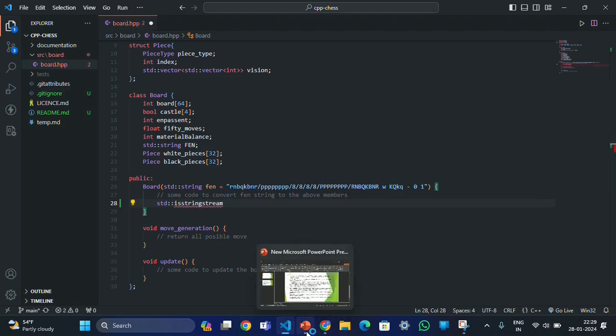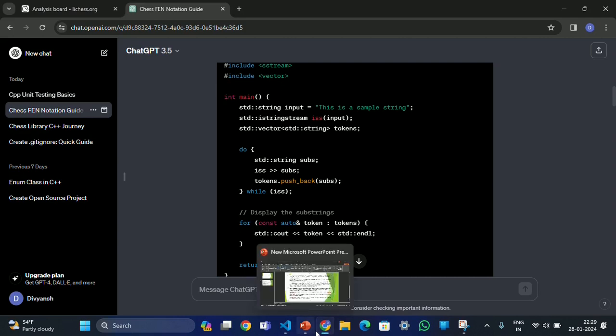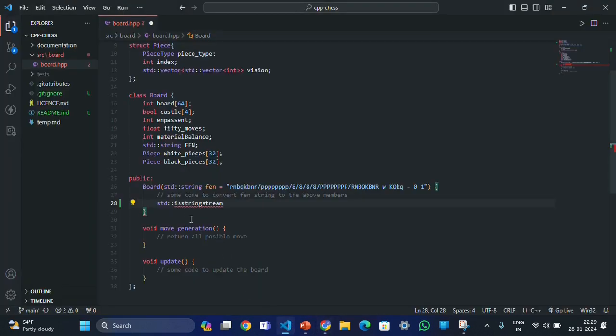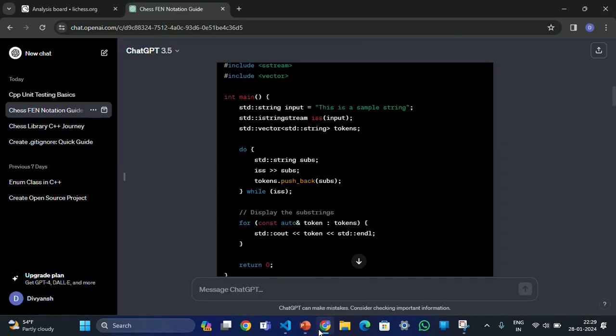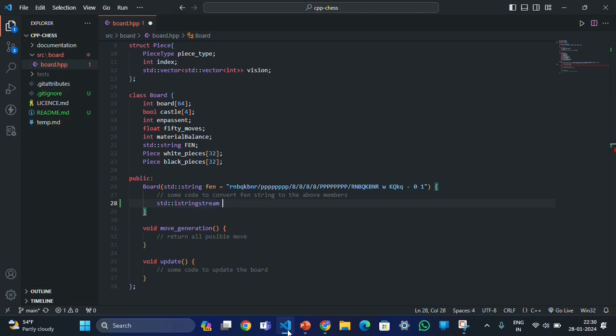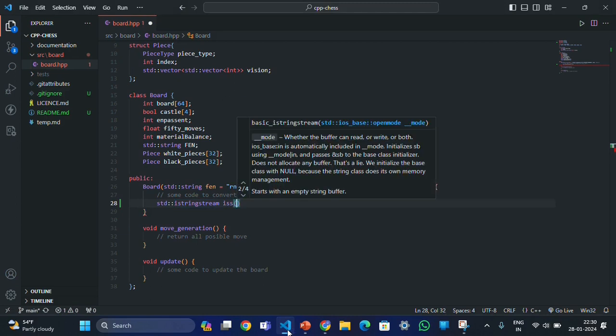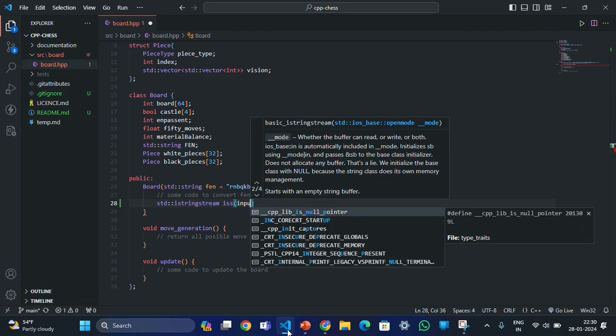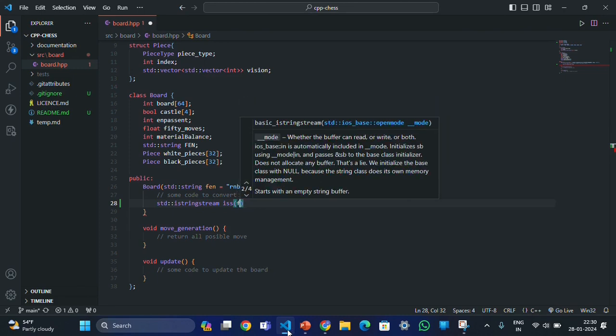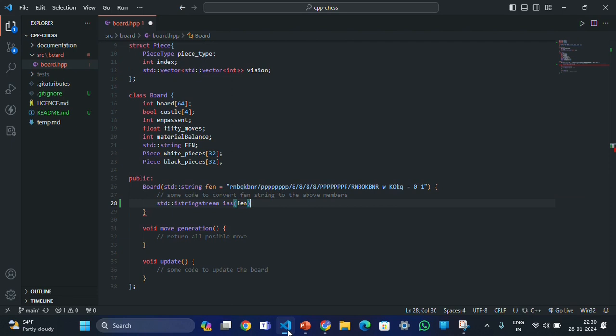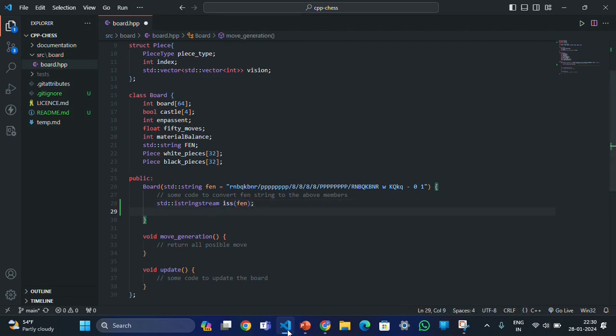Did I write it correctly? Okay, there's just one S, not two S's. istringstream. What is this? Is input. iss, it's a function. Input, not input actually, FEN. Okay, now